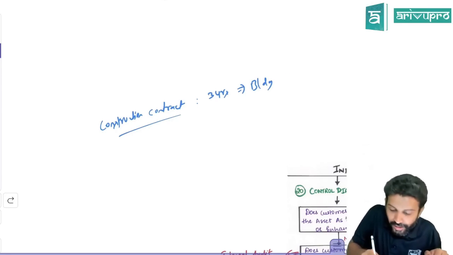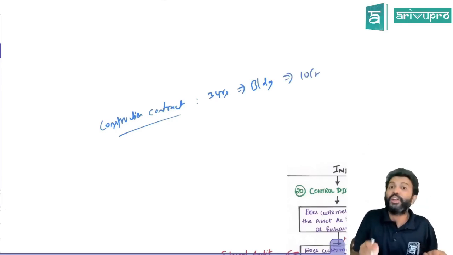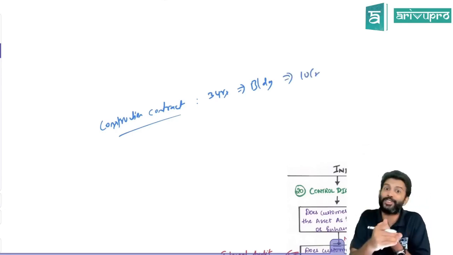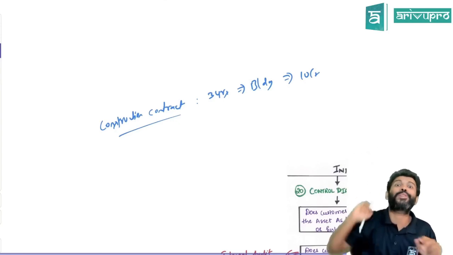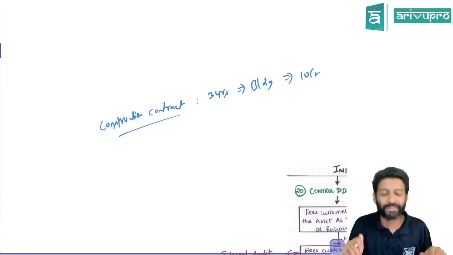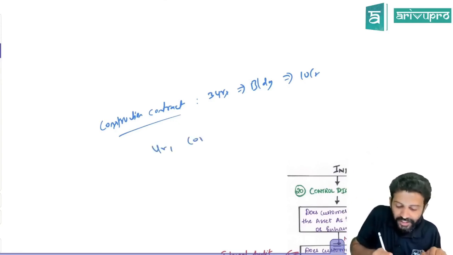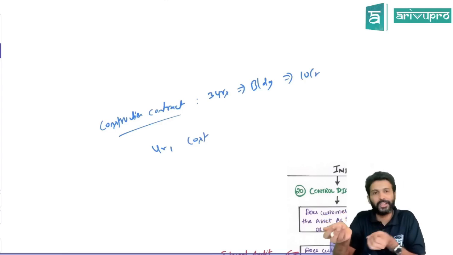Third year, let's say this contract is for 10 crore. First year, 0 revenue. Second year, 0 revenue. Third year, bumper revenue of 10 crore rupees. Is that right? Sir, in the first year the company is obviously constructing the building, so they'll have to incur some